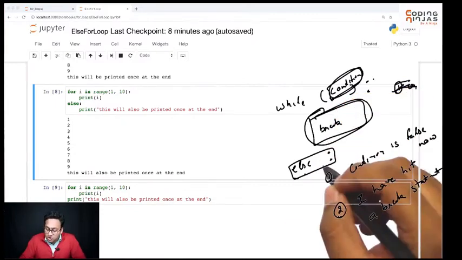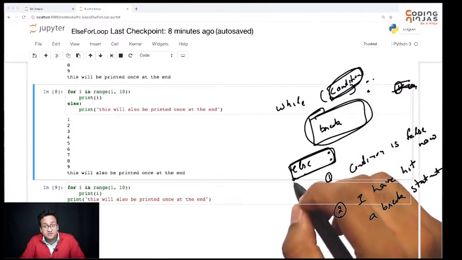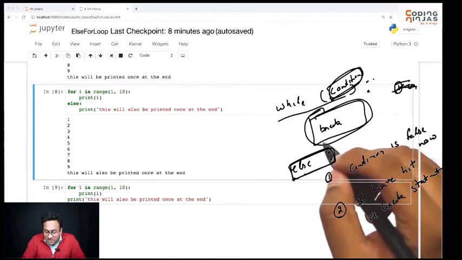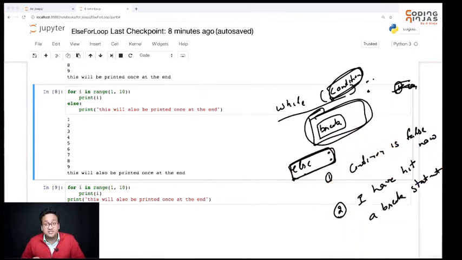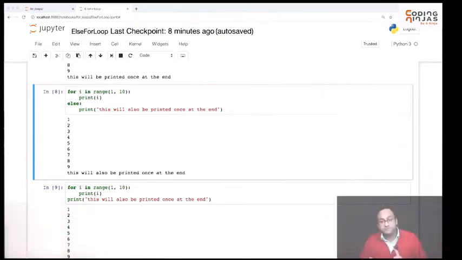That basically means you will hit the else only if the while loop has not been broken by the break statement. Let me repeat.